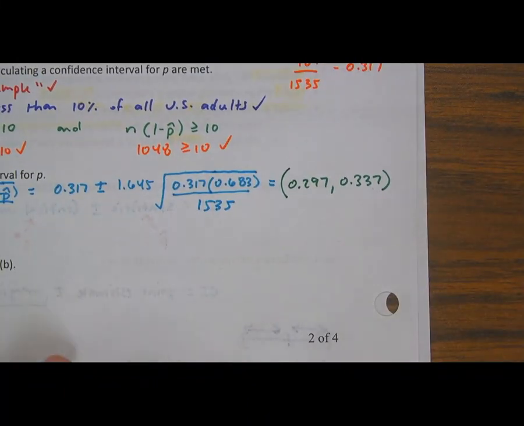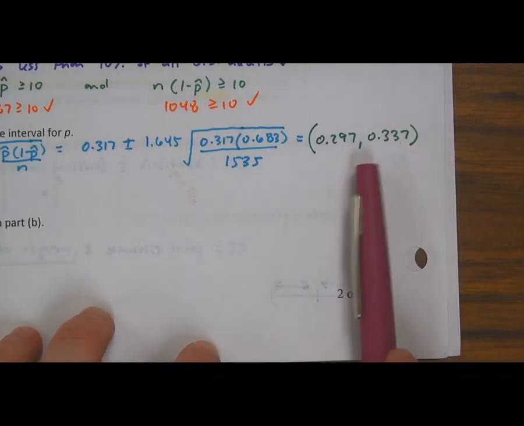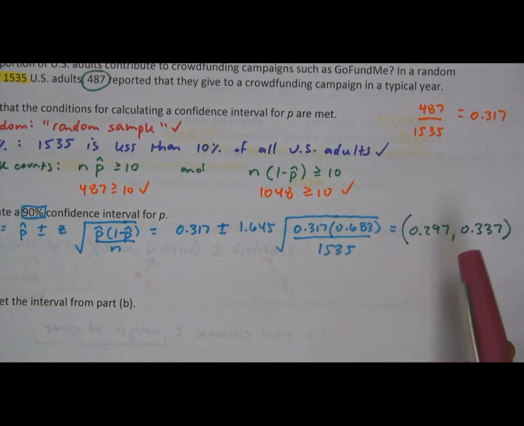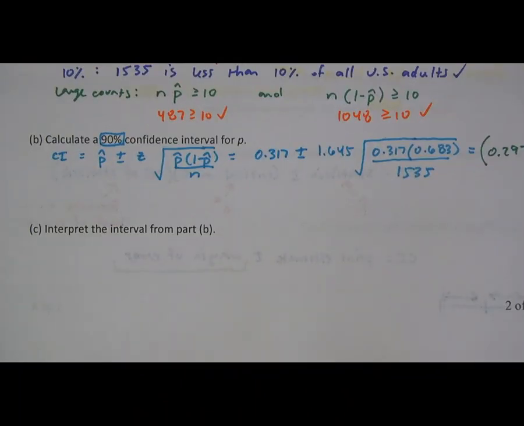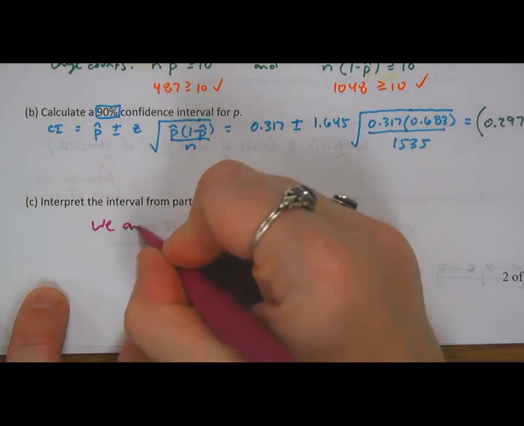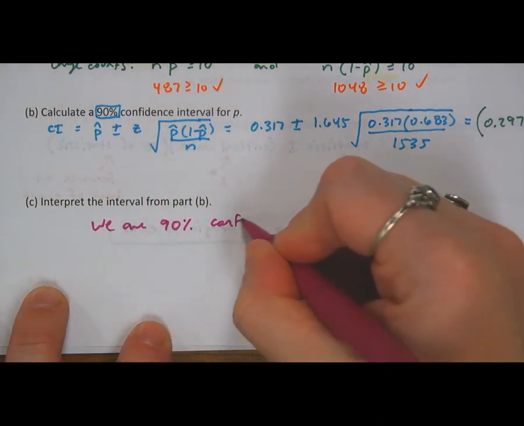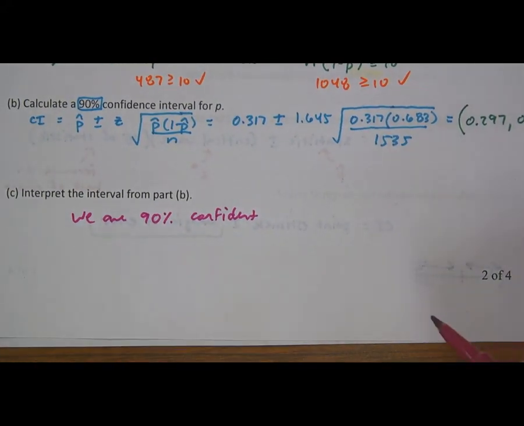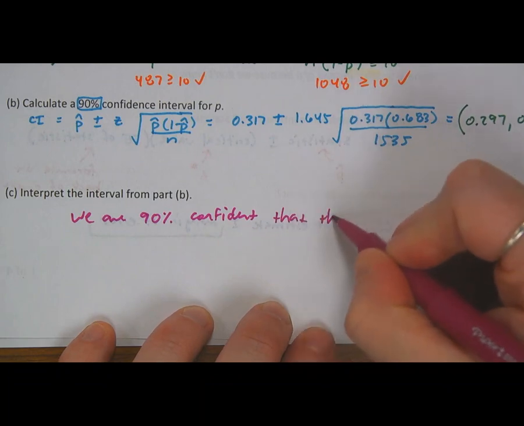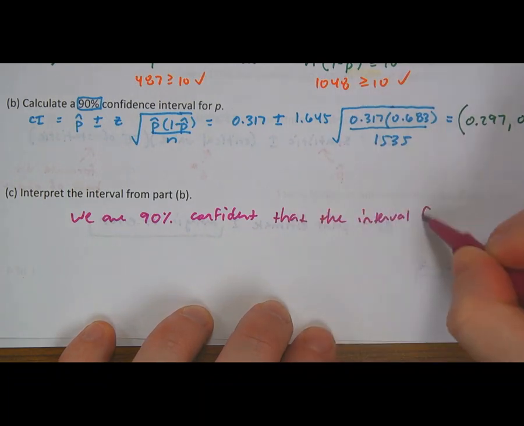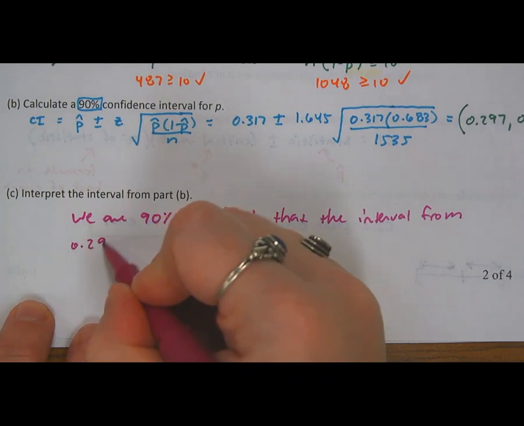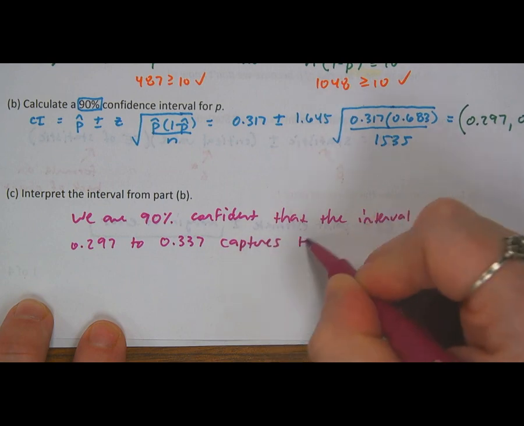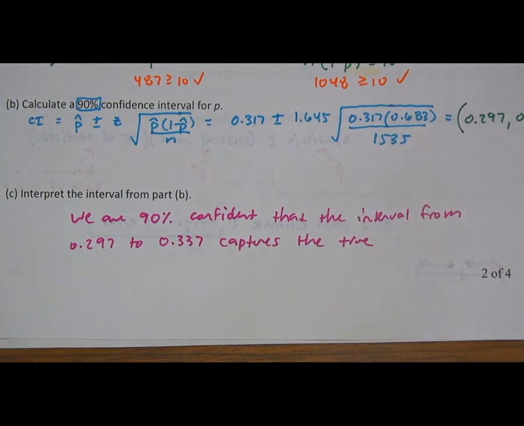And then let's take our skills from our notes last time and interpret. What is that telling us again? We did all of that work. We had to check the conditions to be able to find it. And what did we just find? We found that we are 90% confident. You're always going to plug in the confidence level given. We are 90% confident that the interval from 0.297 to 0.337 captures the true, and then I always have to kind of glance back and ask myself,